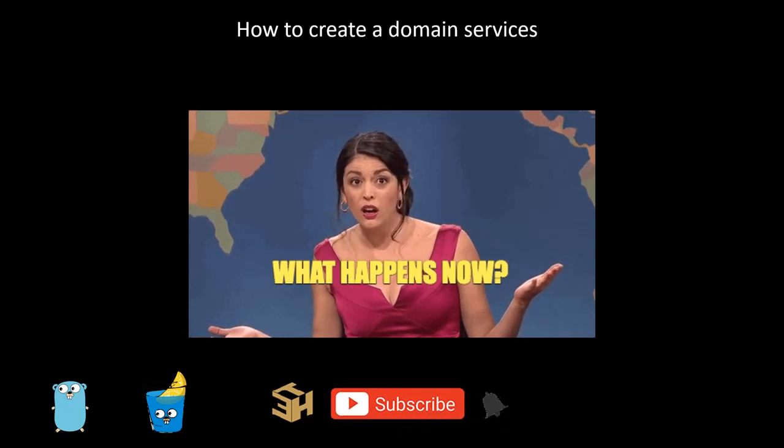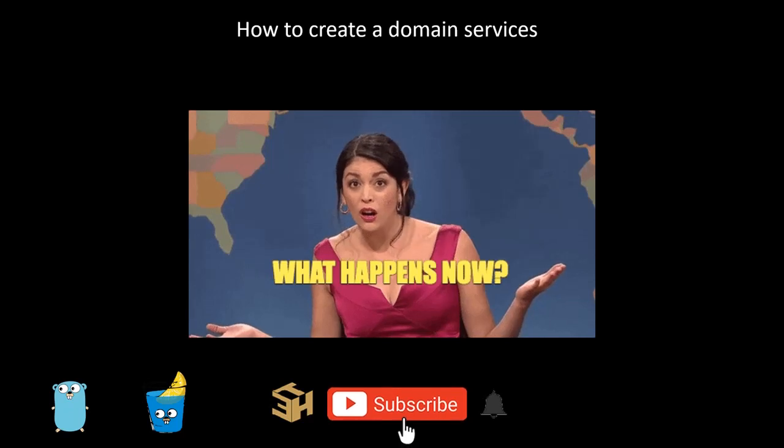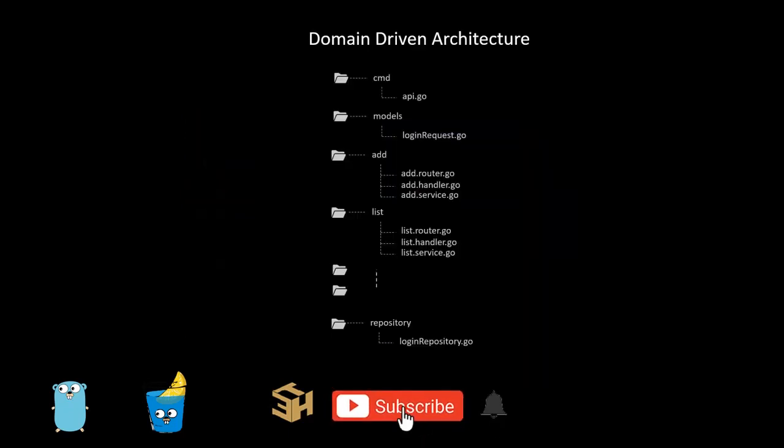Now there are many ways of structuring the code. One of which we discussed in our earlier video, the authentication and authorization video. If you have not looked at the video, please click on the i icon on the top and have a look at the layered architecture. We'll do a detailed video about the architectural patterns that are available in Go, and we'll come up with that soon. So right now in this video, I'll be taking up domain driven architecture, where we would create domains of the service.